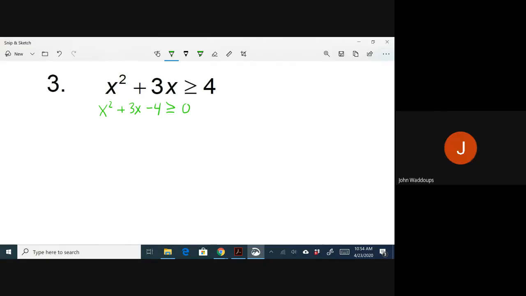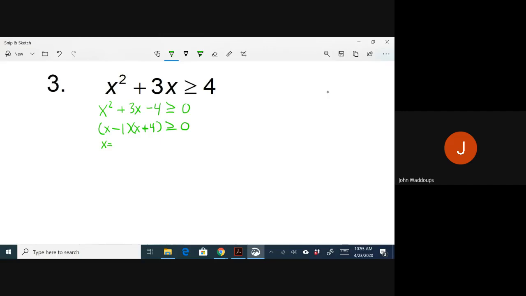Okay. We then want to factor this. So we set out our parentheses, greater than or equal to 0. And we say x. What two numbers multiply to give me negative 4 that combine to give me positive 3? So I'm going to say 4 and 1. To make the 3 positive, the greater value, the 4, would have to be positive, and then negative on the 1. So negative 1 times positive 4 is negative 4, whereas 4 plus negative 1 would be 3. So our numbers,